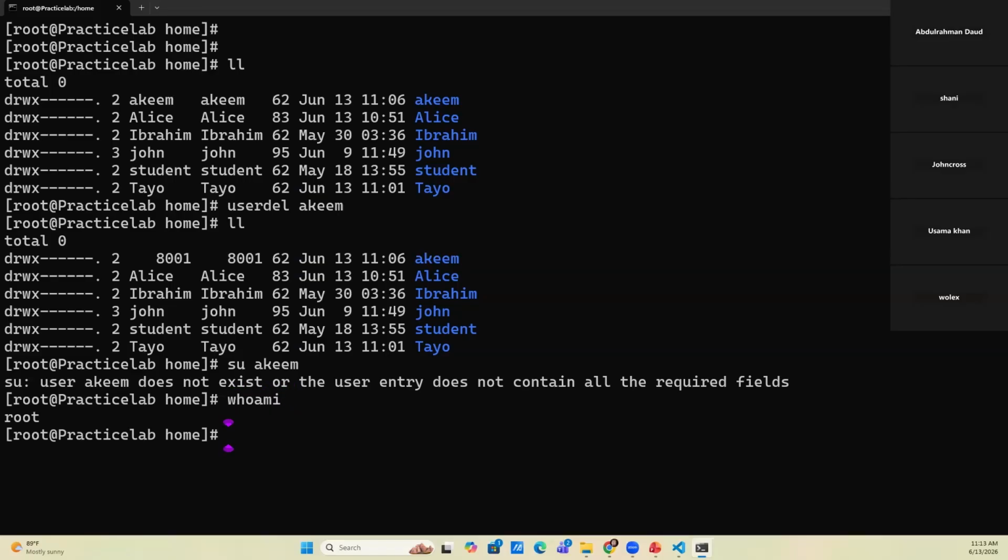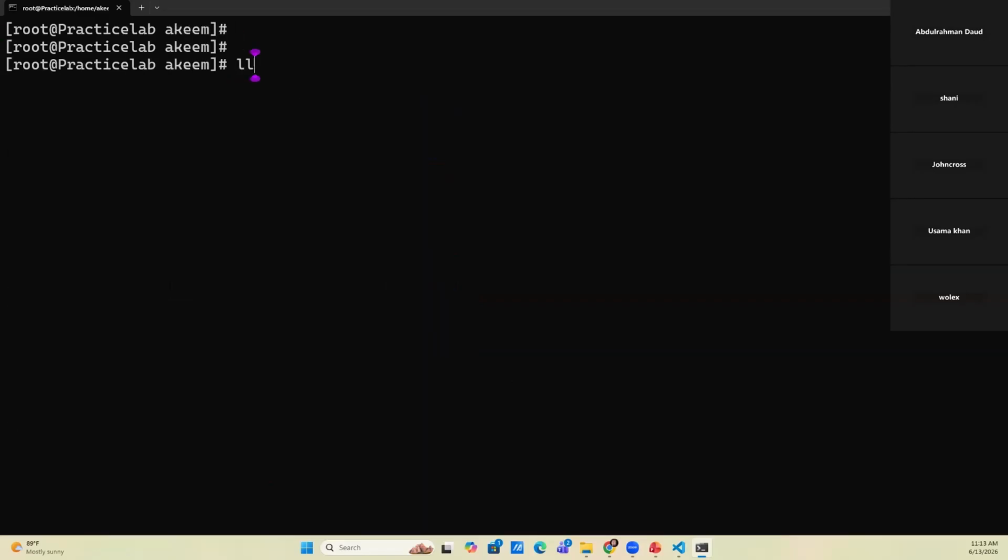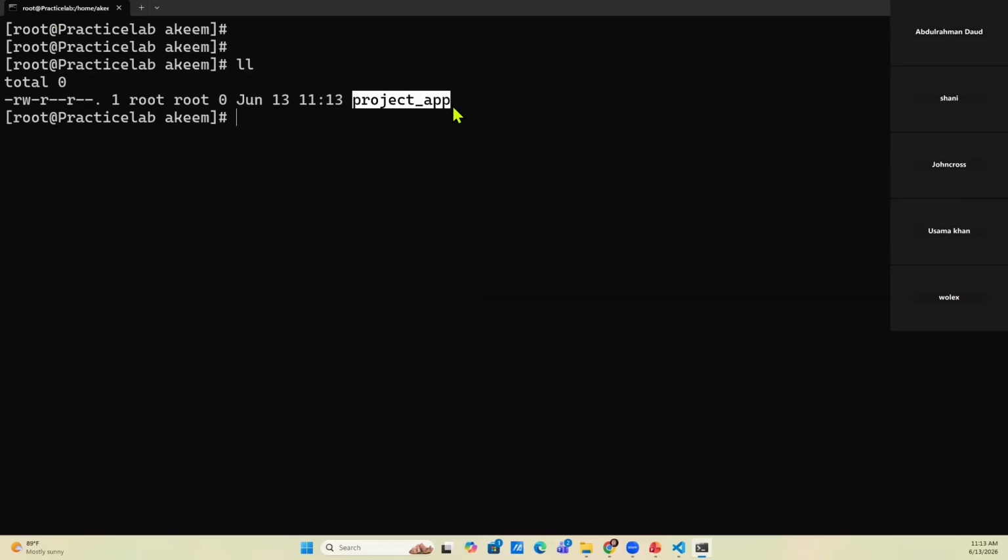I'm root. So I can actually go into Akim's folder, and let's say he had a file called project app, and I don't want to delete that file because project app has a bunch of directories and app. So now what I've done is,